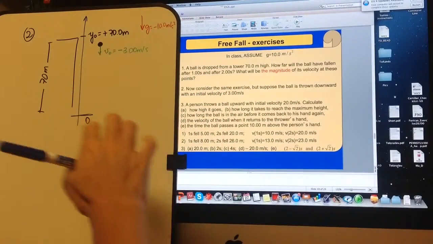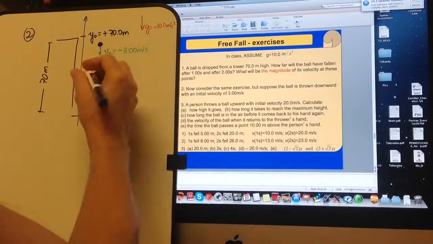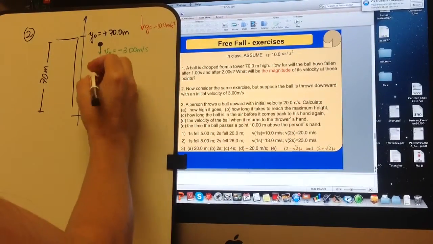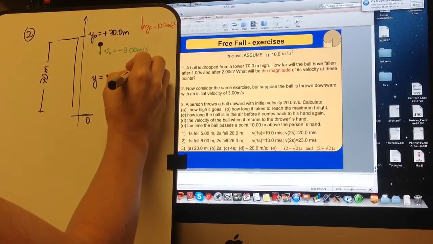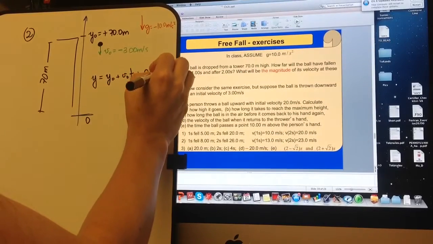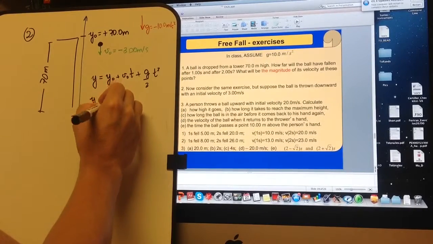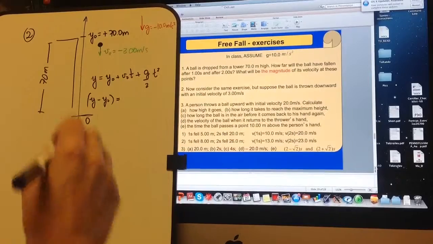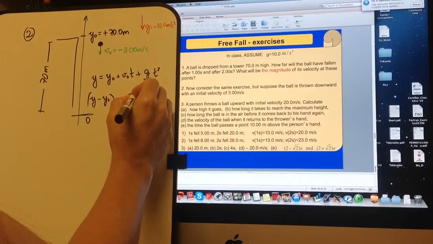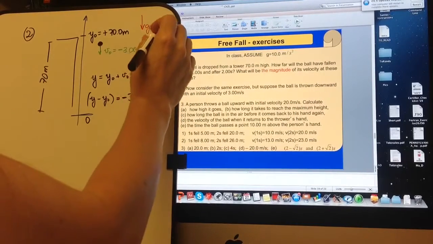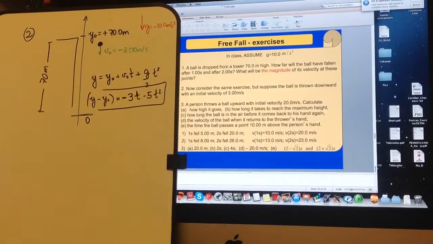Let's try to get one case, how much the object traveled after 1 second. Okay, so here we have our equation for position. Y is y naught plus v naught t plus g over 2 t squared. So we are interested in how much we traveled, so we're interested in y minus y naught. Alright? And what do we put for the velocity? Well, now we have to put minus 3t. What do we put for the g? Minus 10 divided by 2, so minus 5t squared. See? So this is our equation now.